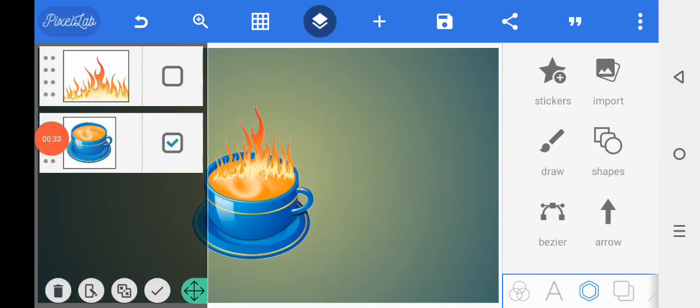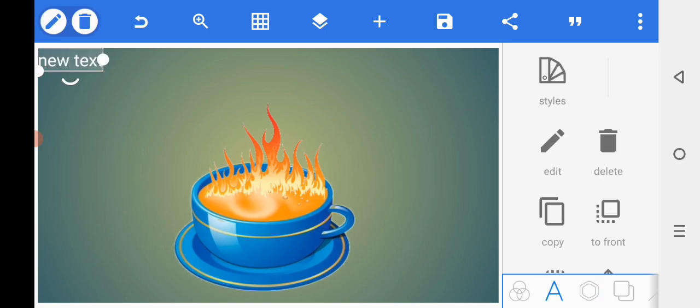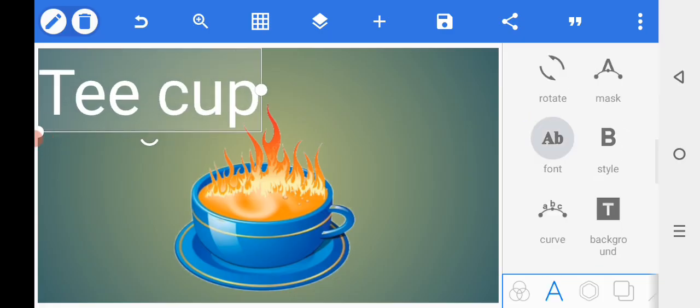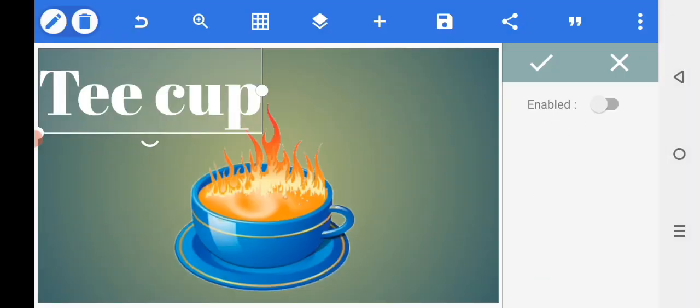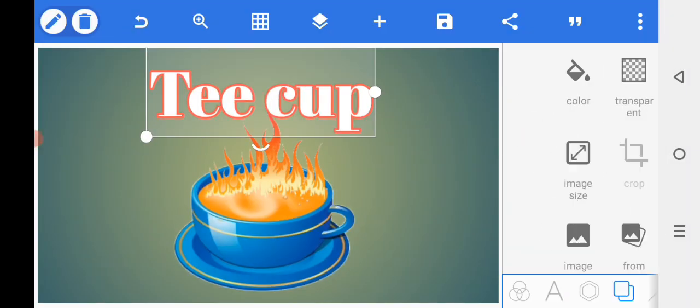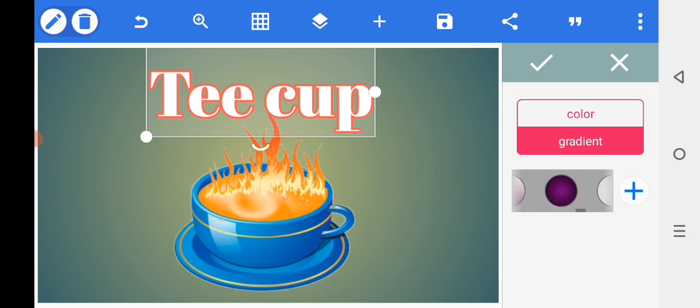the save option, adjust the save confirmation, then select the text edit by writing, and then select the size, adjust the size, select the font, adjust the font, select the stroke, enable button down, adjust the color, stroke width, change the background, select the color option, adjust the color,